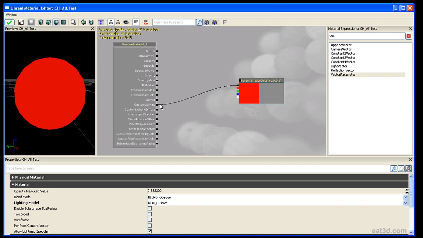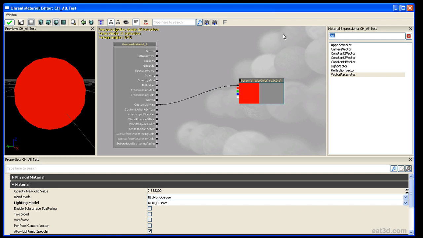You don't have access to the vertex shader. They've added some stuff like this world position offset that lets you at least play with the position and do some of the vertex animation stuff that I showed you how to do. But you don't really have to worry about UVs being sent through or any of the other kind of under the hood stuff. So next thing we want to do is we want to add a normal,